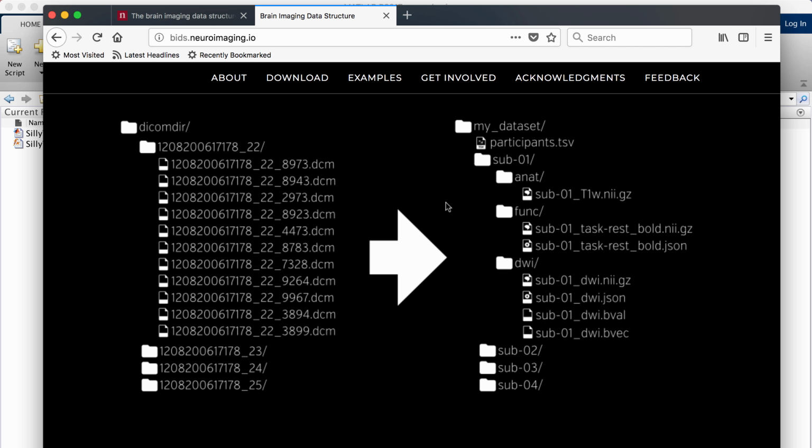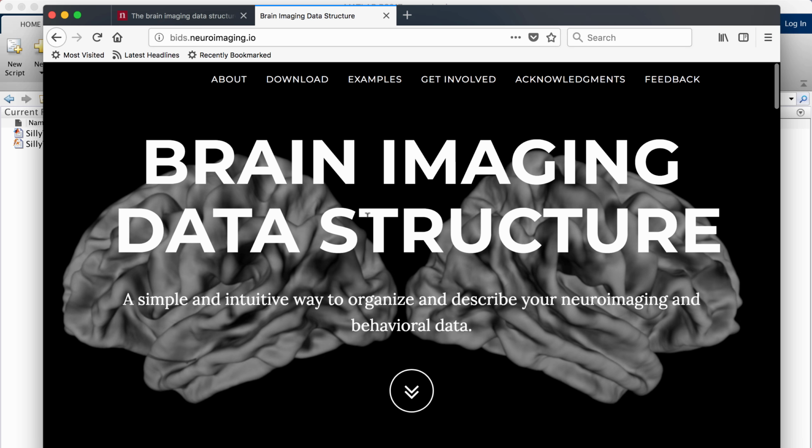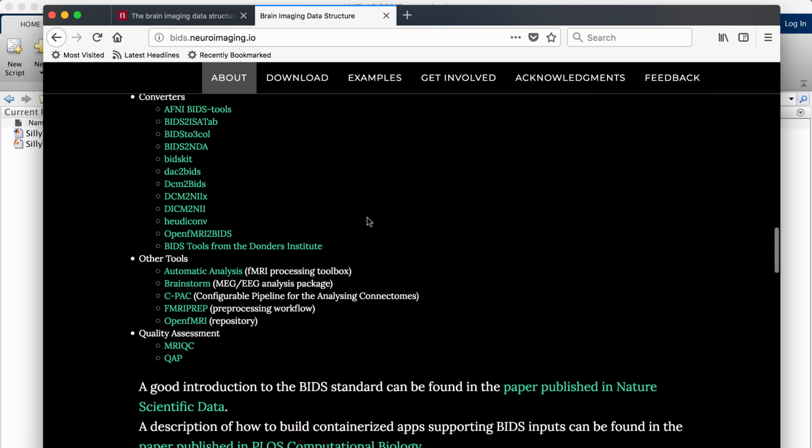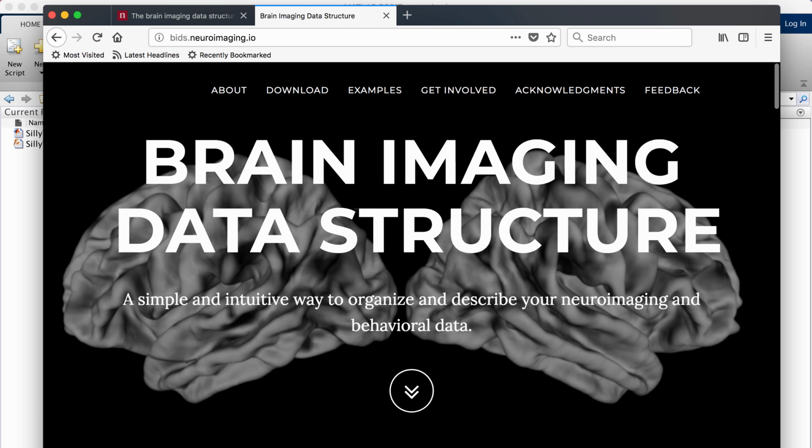The idea is that you input a data folder that has a standardized naming structure for the subfolders and also a specific kind of files with a specific naming structure as well. So in this video, I'm really just going to go over how you convert from DICOMs into the file structures that BIDS uses.